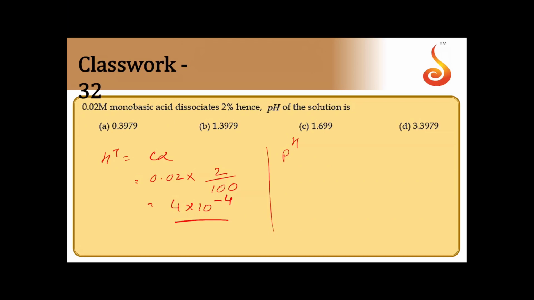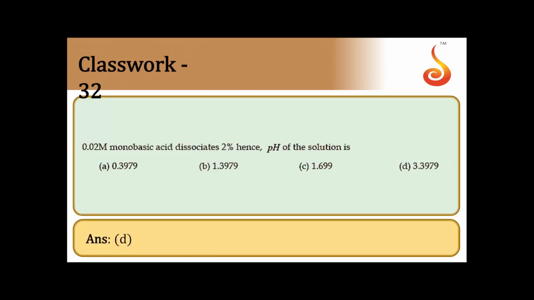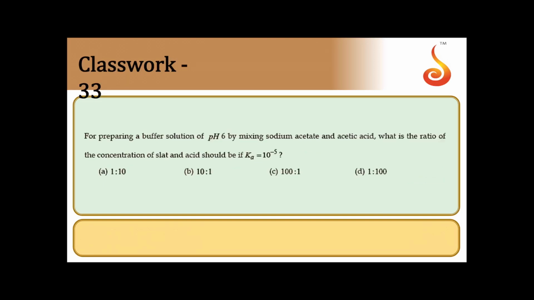Now the pH will be equal to 4 minus log 4, or else 4 minus 2 log 2, which is 4 minus 2 into 0.3010. That implies the value comes to 3.4. So the answer is 3.4, so D is the answer, 3.39. For weaker acids, H plus is also equal to C alpha. The other formula is square root of Ka into C. So alpha is given as well as C is given. You can find out the H plus ion concentration, and then we can find out the value of pH. So the answer is option D.